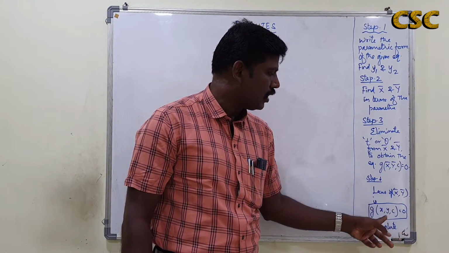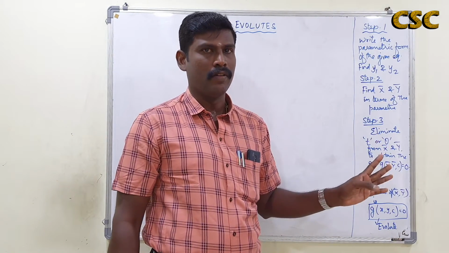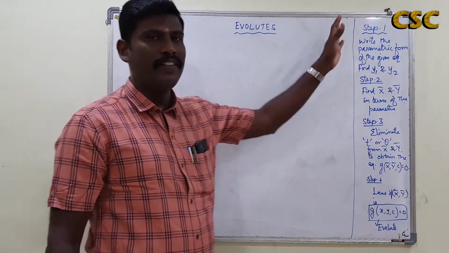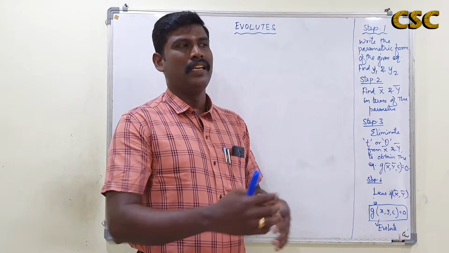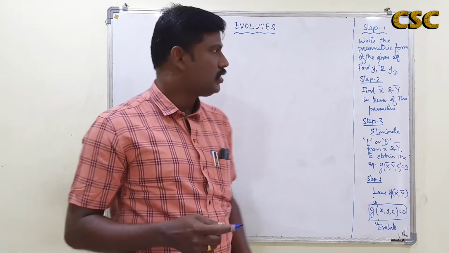The center of curvature lies on this curve. This curve is called the evolute of the given curve. The given curve is called the involute of its evolute. Already we discussed it in the previous class. Just for a quick recall, I explained this. Now let us go to the next problem based on the evolute.